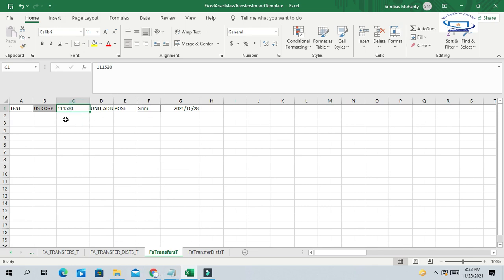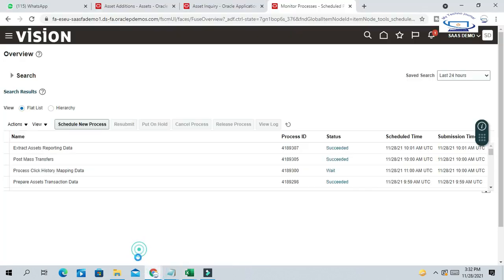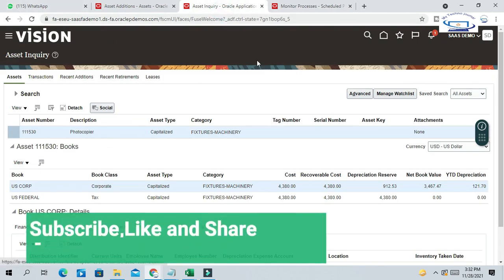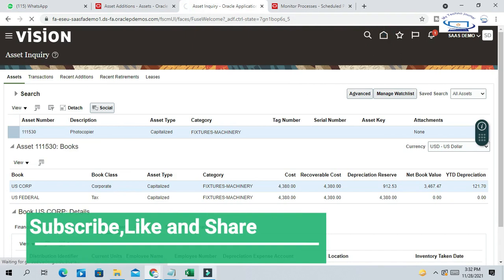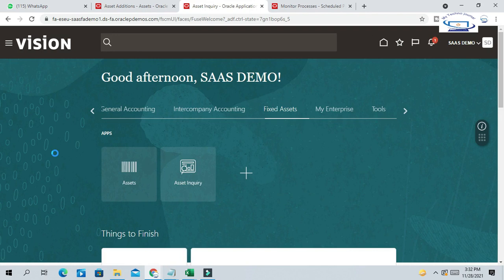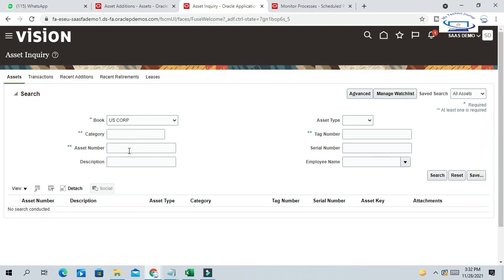So let us see for this asset if the transaction is successful or not. Go to asset inquiry. Let me go to asset inquiry again. Asset number.